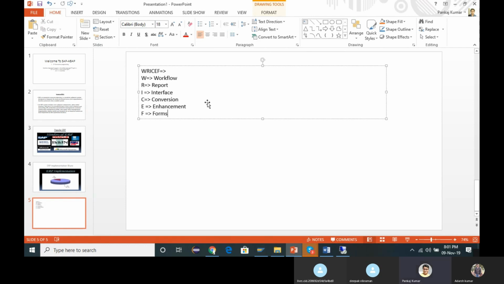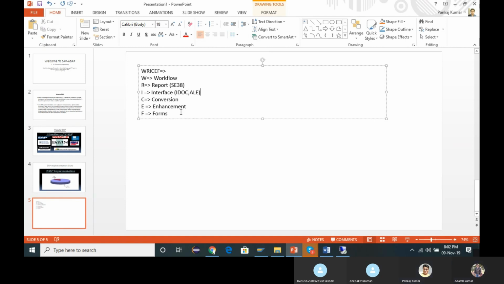In workflow, when we have to automate the approval process, we use workflow. Report, we are going to use with SE38 in our SAP ABAP editor. Report is nothing but a program. Interface is when two or more systems communicate with each other. IDOC is an example of an interface. ALE also comes under interface.